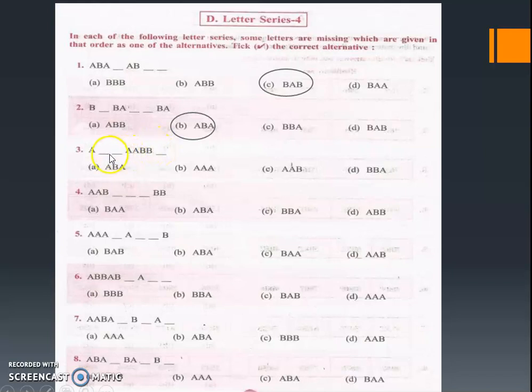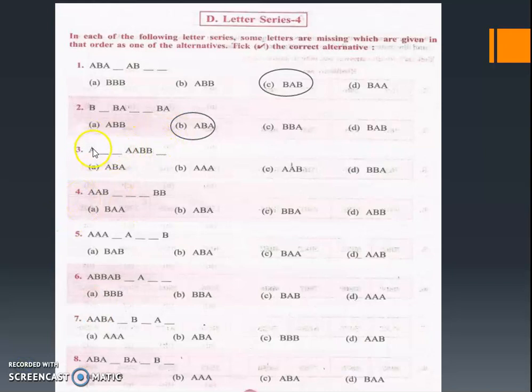So how is it possible? I can write double A here. If I am writing A, then I have to write B over here, right? So if I am writing B, then here also it should be a B, right? So that is not possible. Am I right? So in which manner should it come?